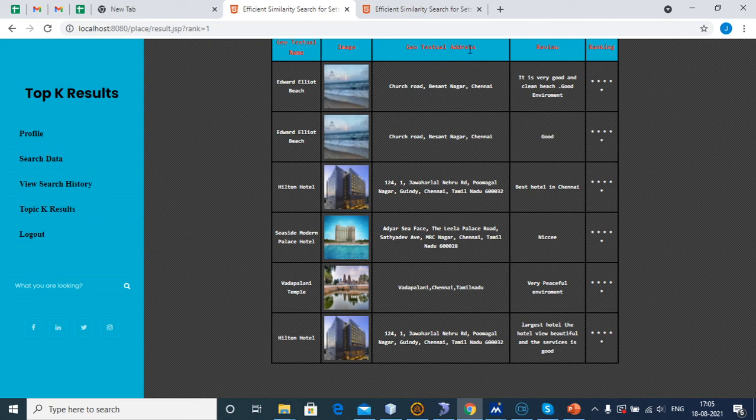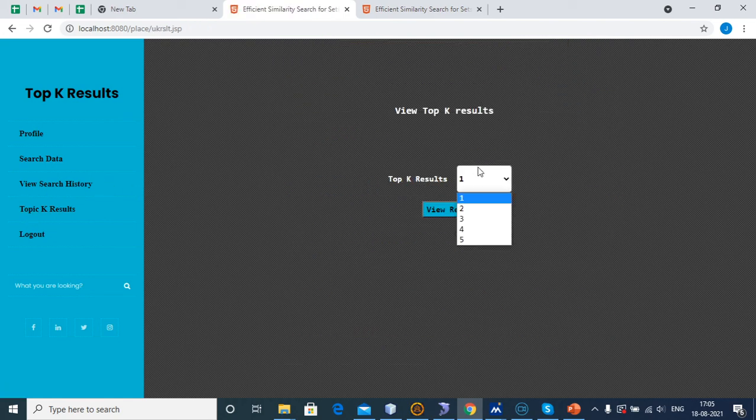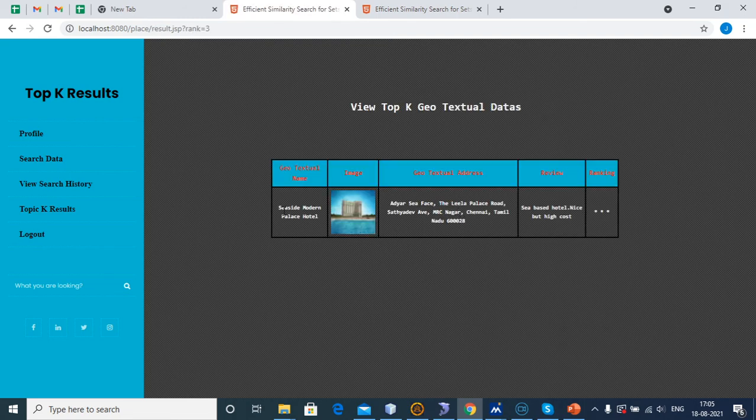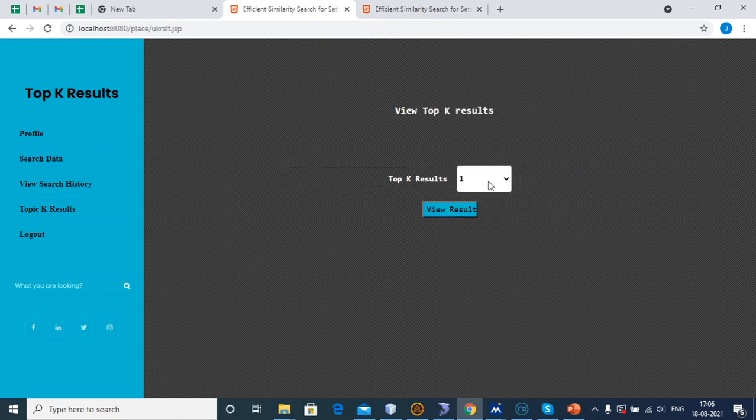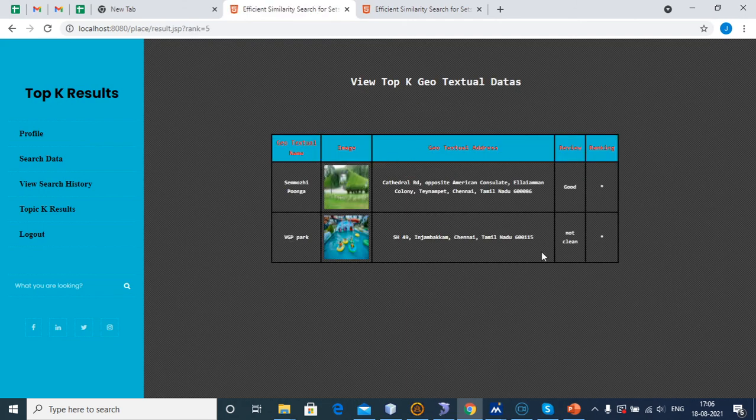In the geotextual areas, we have to give the top K result. For example, Seaside Modern Palace Hotel is the third place. Which is the last place? These are all the last places. This is the top K results of the geotextual data.